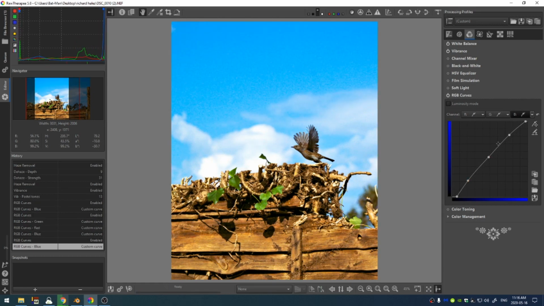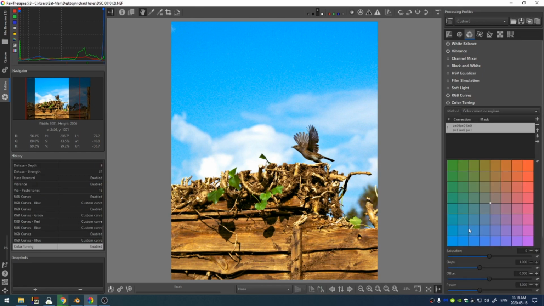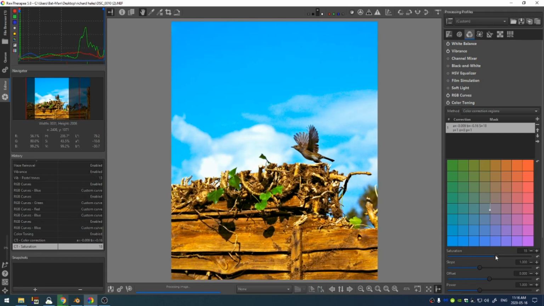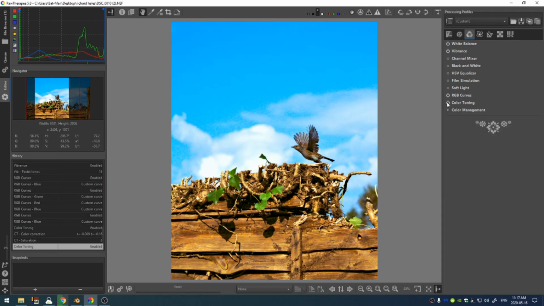Yeah, something like that. And then last but not least, let's just color tone this a little bit. Let's see here. What I'm looking for is that kind of color, that blue. Then we can just pull it back and then increase the saturation. Ooh, too much. Before, after. And it's kind of hard to see. These are just really subtle. This picture is already so good. There's actually not much we need to do. These are just really subtle